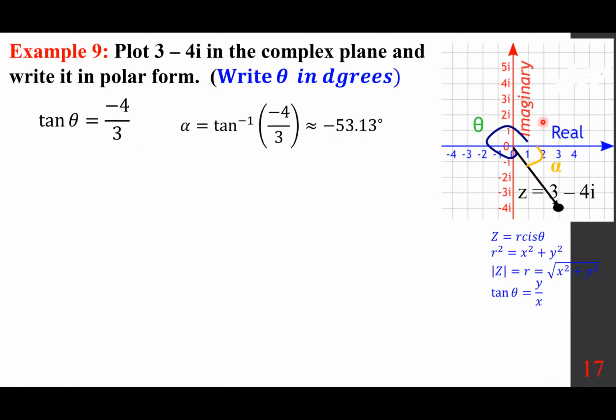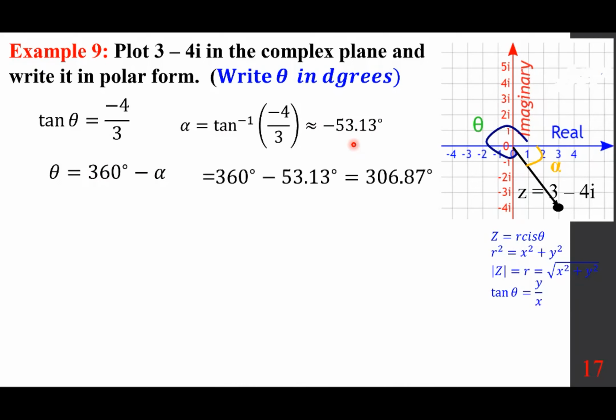But the theta is the same thing at 360 degrees. So let's add 360 because we want it to be in a positive range, 0 to 2 pi or 0 to 360 degrees. So we got this one to be minus 53.13, and theta is 360 minus 53.13, which is 306.87. Now we want to find r, which is the square root of x squared plus y squared, which means 3